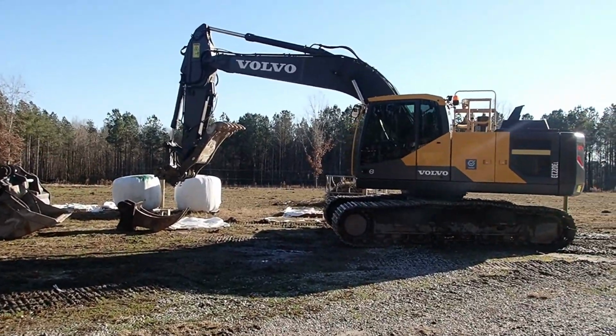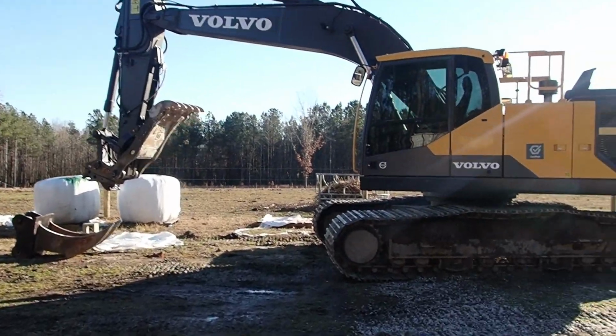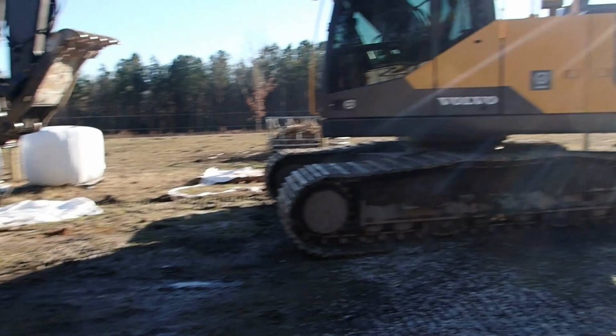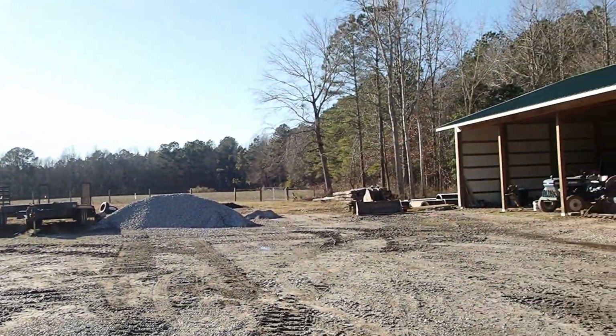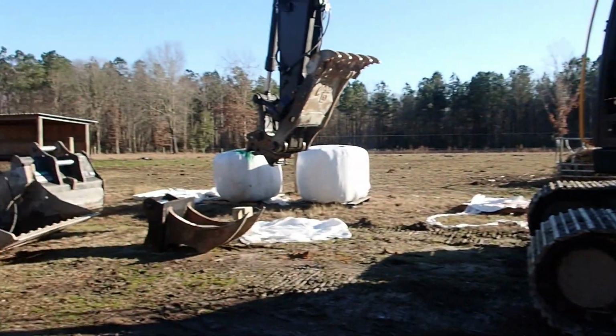Now I'm going to jump on the excavator. The reverse gravity has kept the boom off the ground long enough, so I'm going to put the stumper back over there where it goes. I'm actually going to go over there and see if my 36-inch digging bucket fits on this, because that was